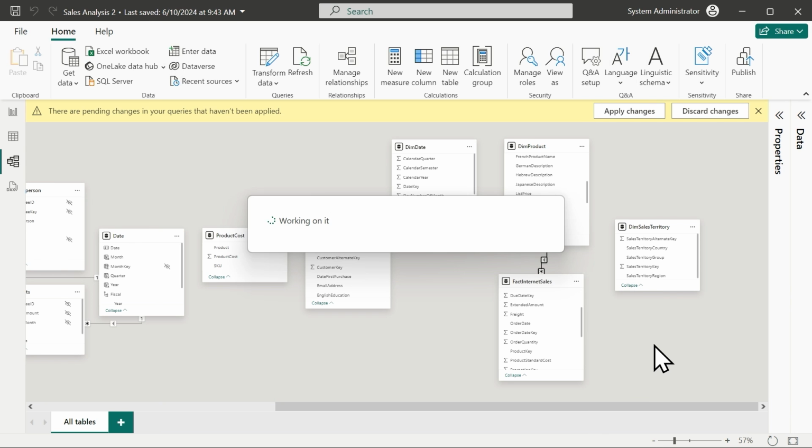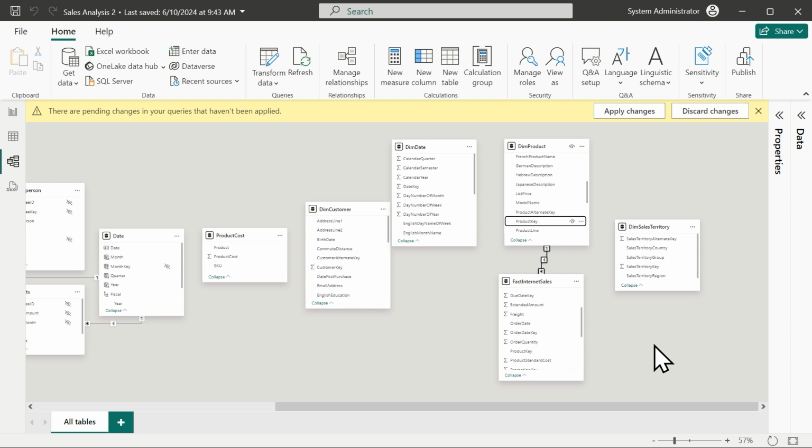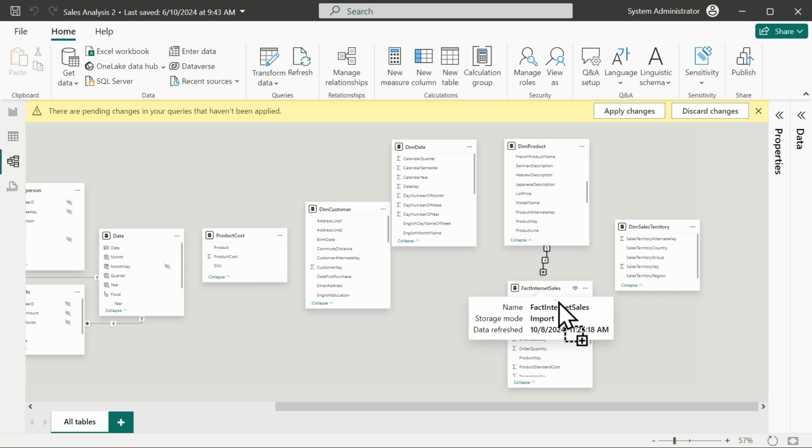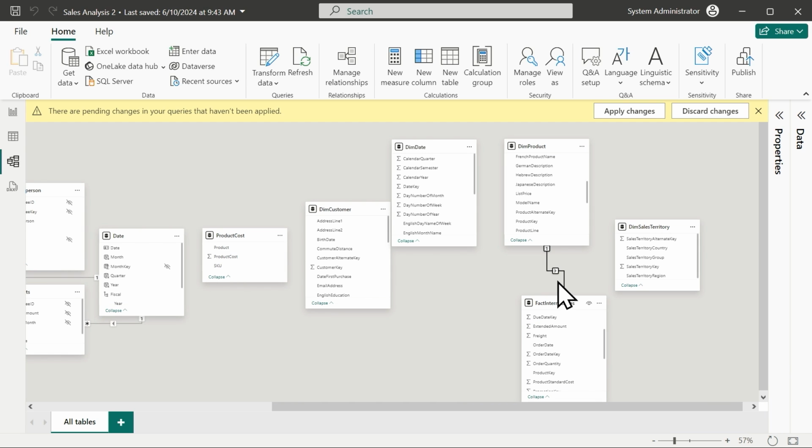So we could have made a few changes if we wanted to there, but you can see the relationship now between the two tables. And you can see the cross filter there, that little arrow that lets us know that we're going to query from the one side where the dimension table is at to the many side where the fact internet sales table is at. Now I could spend a little more time creating relationships, but we'll talk about those in our coming sections.